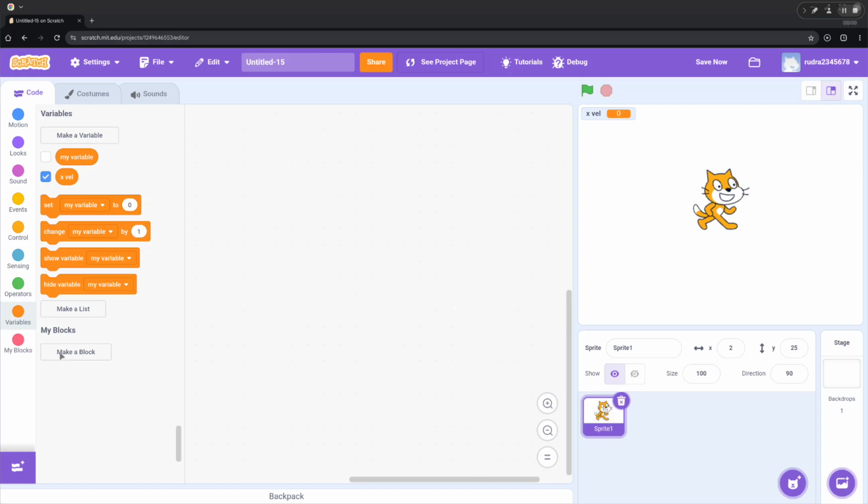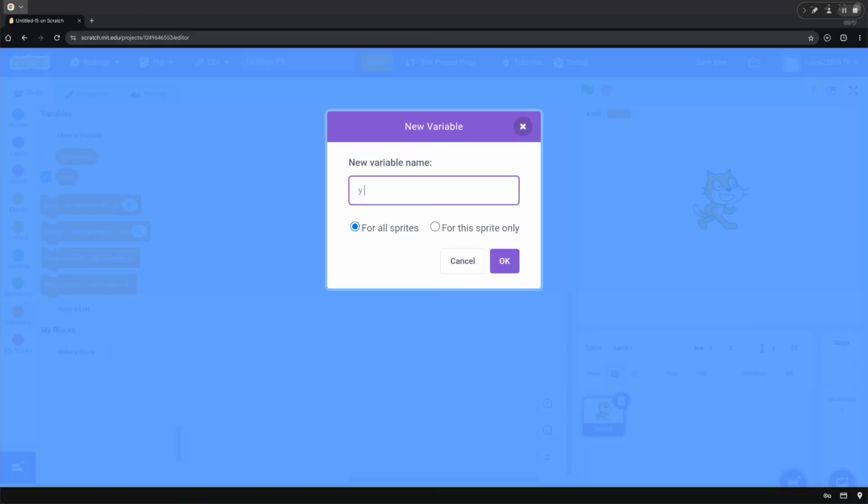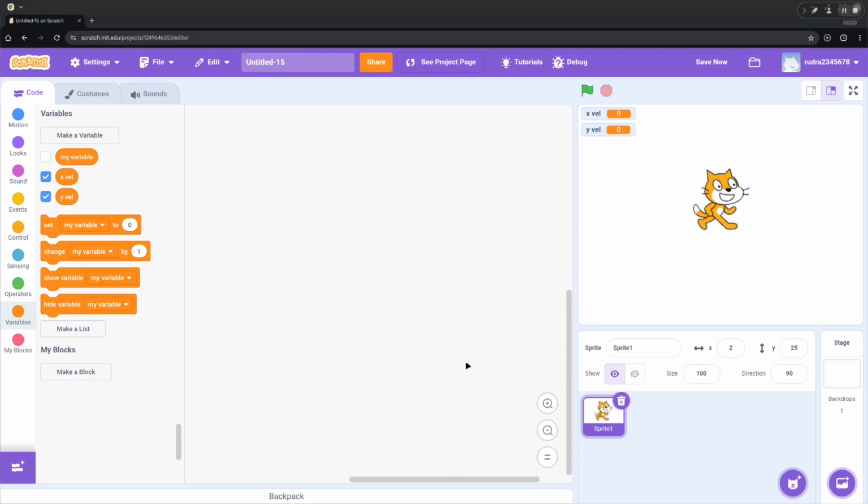So velocity is speed. As we see, you made this block right here. So you're supposed to make xvel for this, right? And then yvel. Okay, now don't put anything, only keep it this. So now, what you're going to have to do now is